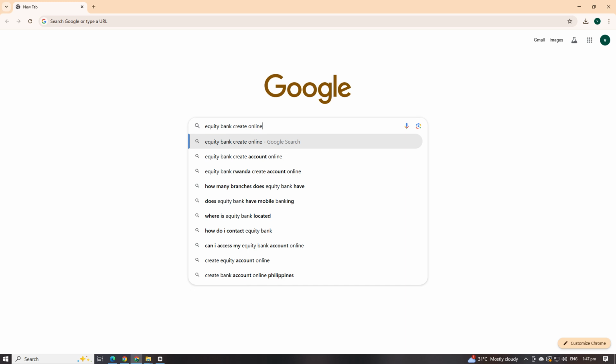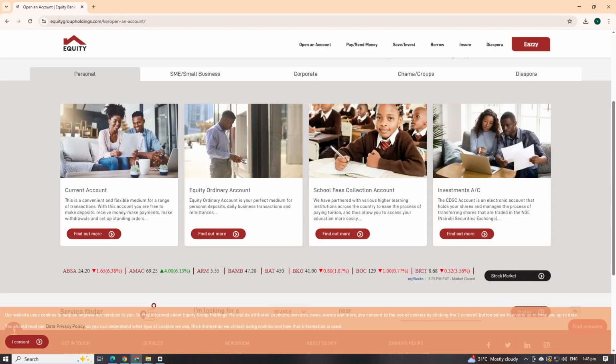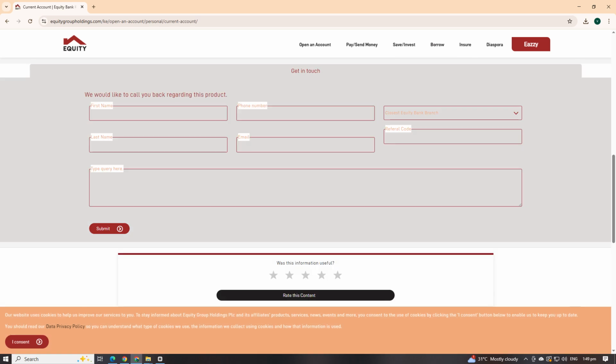Let's get started. First, open your Google and search for the Equity Bank Create Account and click the first link. In here, scroll down and click the Current Account. Scroll down again and in here fill up the information needed such as name, phone number, referral code, and that's